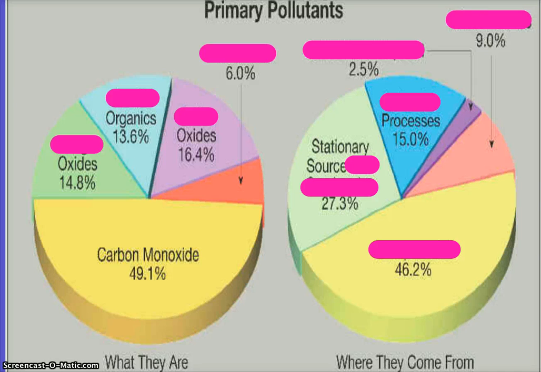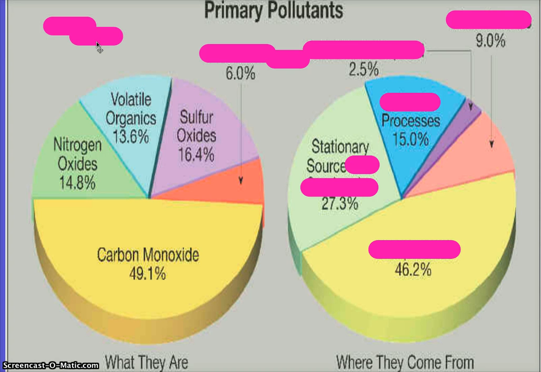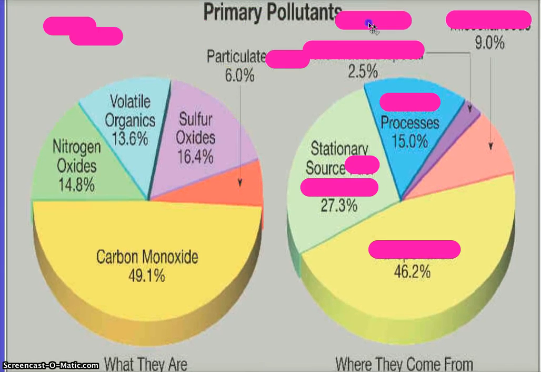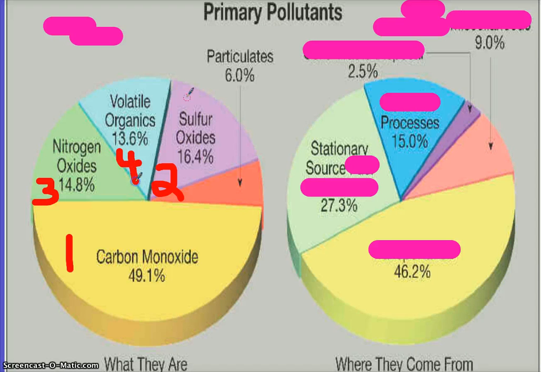Carbon monoxide, what else? Think of all the cycles. Sulfur oxides. What else? Nitrous oxides. And then this one, which you pretty much don't know, which is volatile organic compounds. And the strange thing is that the other one is right up here, which is called particulate matter. So if I was going to number these, it would be 1, 2, 3, 4, 5. So these are the 5 primary pollutants.